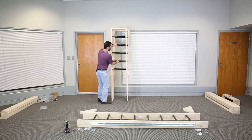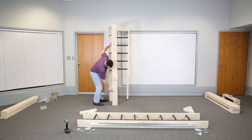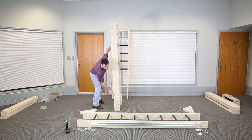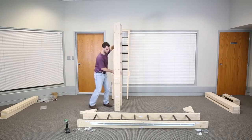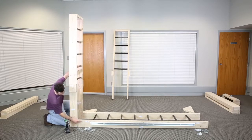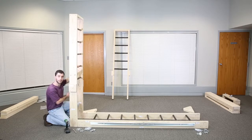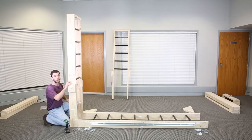I'll take your ladder, and on each ladder, it is labeled with the stickers, in this case, TD and TC. I match TD and TC with the ends of the overhead monkey bars. So TC coincides with TC, and on the other side, TD and TD. Place the ladder upside down,